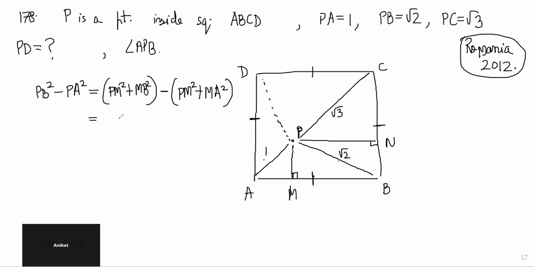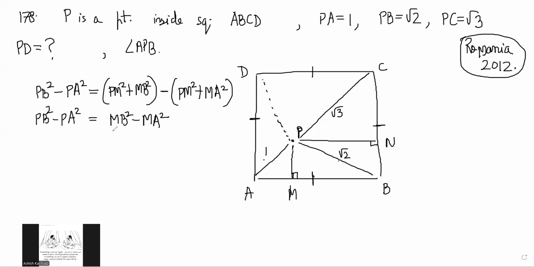Yes. So what we are getting is PM square gets cancelled. We are getting MB square minus MA square, right? Yes, sir. PB square minus PA square is equal to MB square minus MA square, right? Yes, sir. And PB square minus PA square. Similarly, we can also, okay, so MB is the same as,